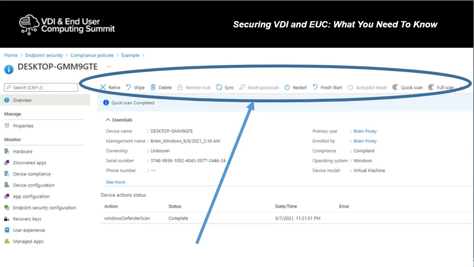Now, one of the cool things that I really like about this particular interface is that if you click on the device, you're taken to a screen like the one that you see here. And this gives you a chance to kind of get an overview of the device. So in this case, for example, we can see the device name, the management name. If ownership has been set on the device, we can see who owns it. We can see the device's serial number, who the primary user is,